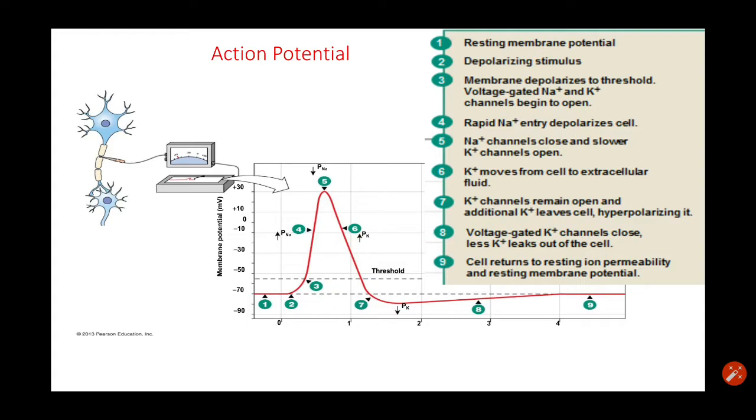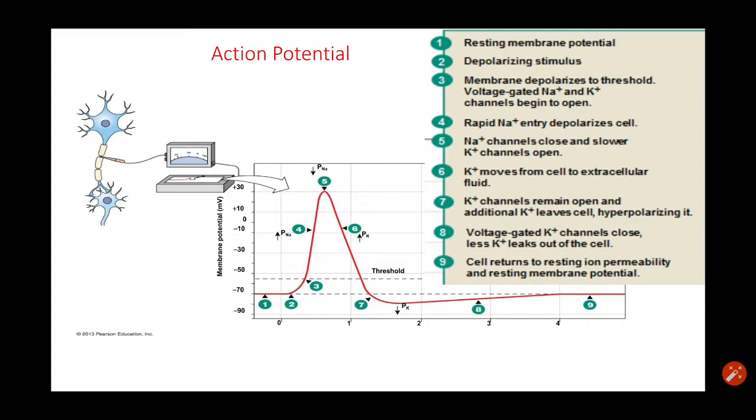Because it was slow to open and it is also slow to close. Therefore, it keeps going. So you even pass resting membrane potential, and it's now kind of starting to close. The potassium keeps leaving, you then become hyperpolarized. When you reach hyperpolarized, or you're almost nearing the potassium equilibrium potential of minus 94, now the potassium channel